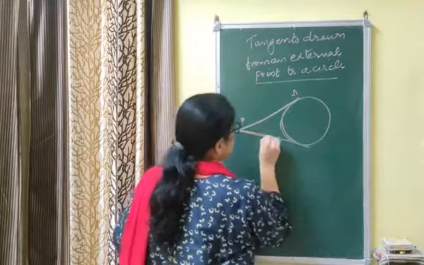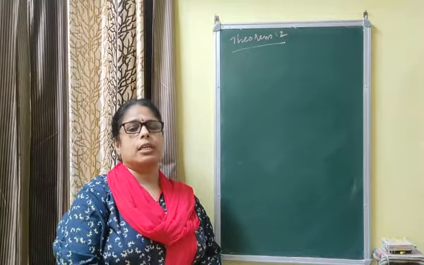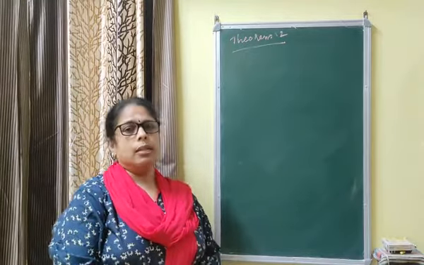No deletion in this chapter. You have to do each and every question. Theorem number 2. I am saying statement. The lengths of tangents drawn from an external point to a circle are equal. That means आप एक सर्कल के बाहर के पॉइंट से कितने टेंजेंट्स बना सकते हैं? 2 tangents, and the length of both the tangents are equal. That you have to prove.